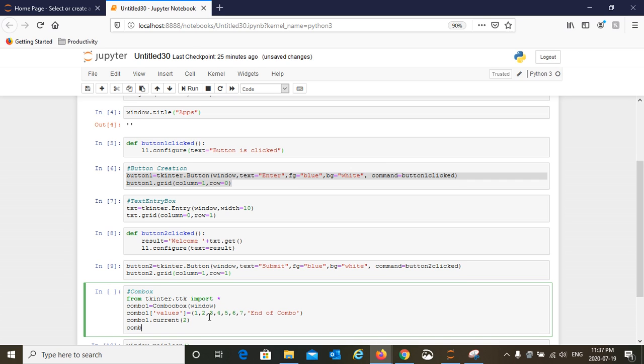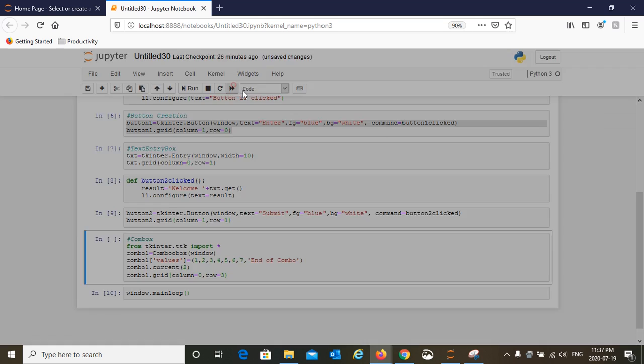And then this one you already know, you have to put a grid and say on the grid where will this combo be placed. So this one I'm going to place it on row 3. So column equals 0 and row equals 3. That's it. This should work now, and let's run this.